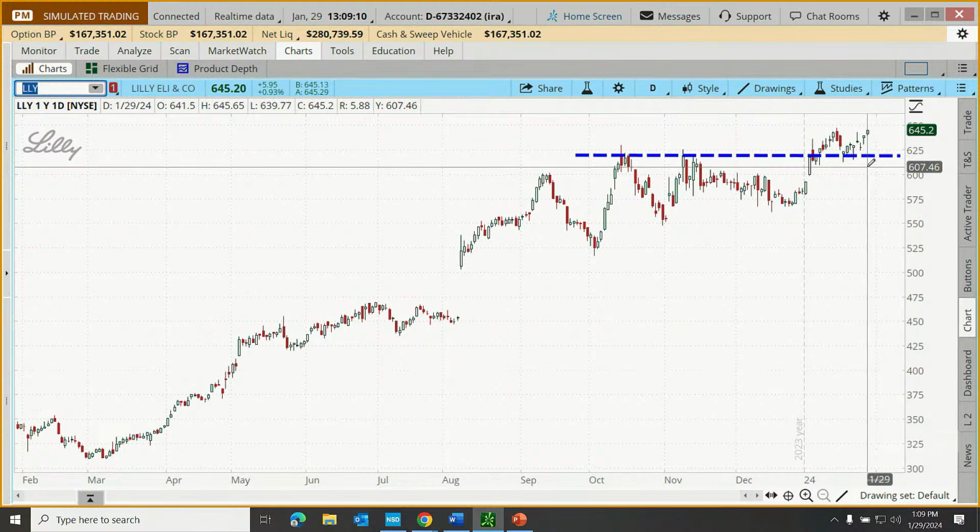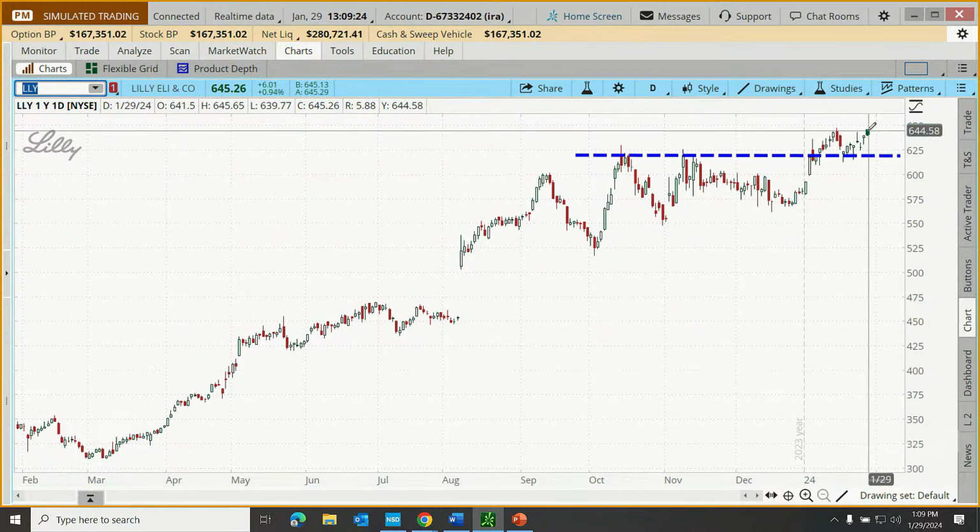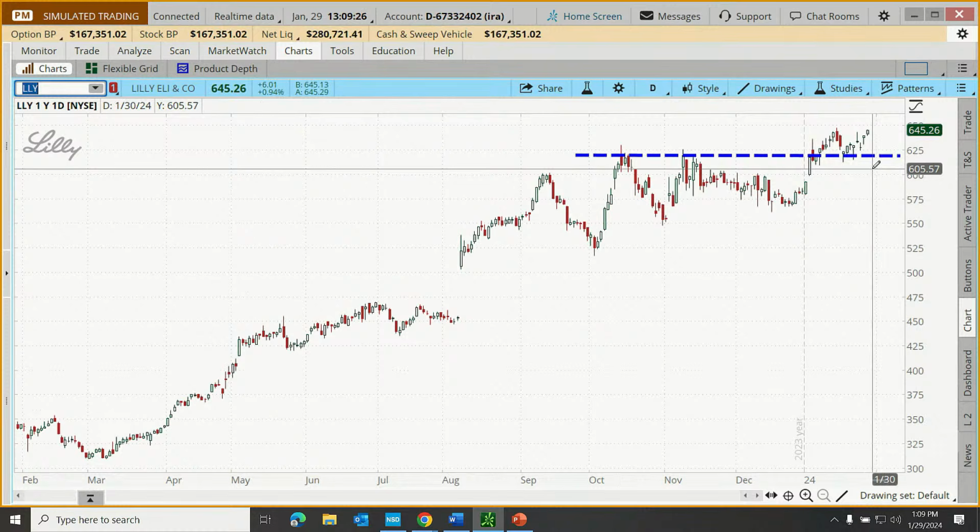So their plan, let's say they have a hypothetical plan here, just from what they're seeing on their chart. Let's buy some shares of Eli Lilly. It's a little more expensive. How about we just buy 10 shares? But if price reverses, goes back down, let's sell those shares, pull the plug at or around 610. So that would be a buy order with a stop.